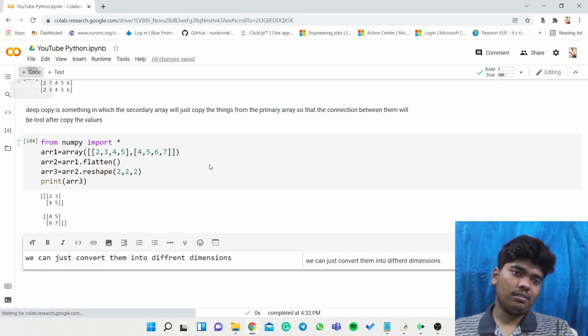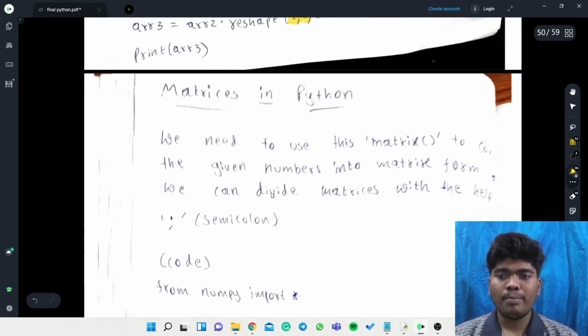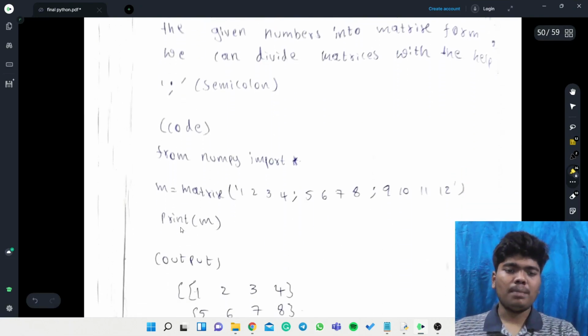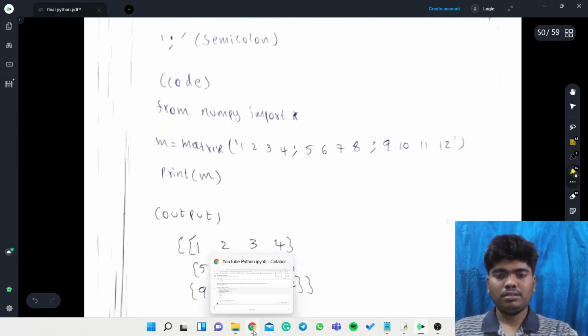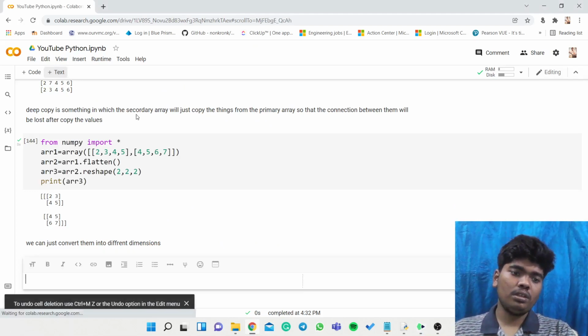It is possible. Now matrices in Python: we need to use matrix to convert the given numbers into matrix form. We can divide the matrices with the help of a semicolon. So semicolon is used for this matrix division. Now there is one of the most important rules in matrix division.